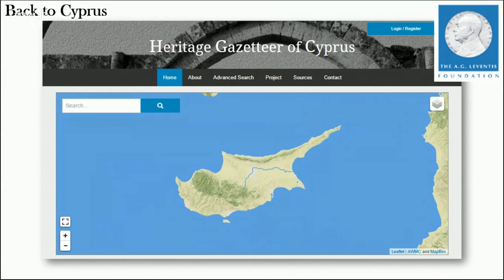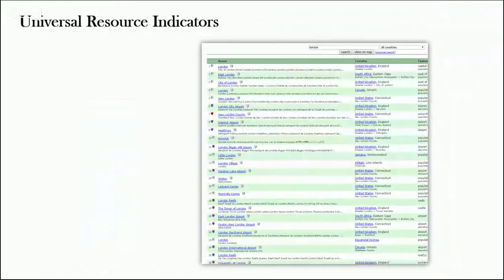So as I was saying, the Heritage Gazetteer of Cyprus was born of this desire to take a Pleiades-like approach to represent the extremely complex, and at times and in places contentious, geography of Cyprus. Again, we fall back on the structure of the URI, the Universal Resource Indicator. And this is an example we've got here of the Geonames.org gazetteer, which is a very key part of the